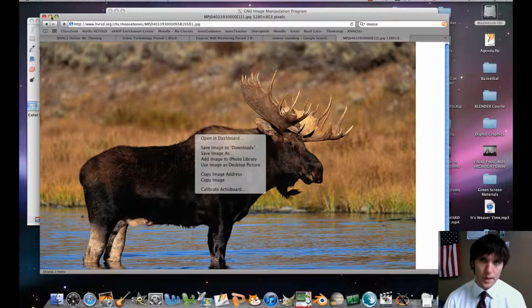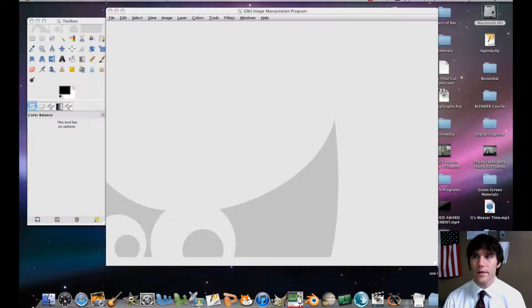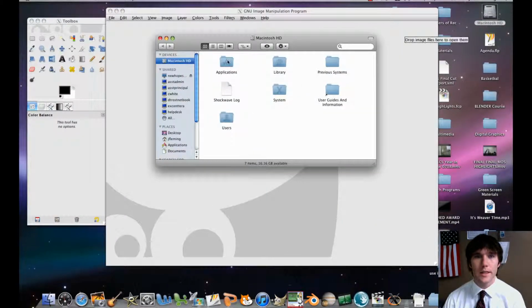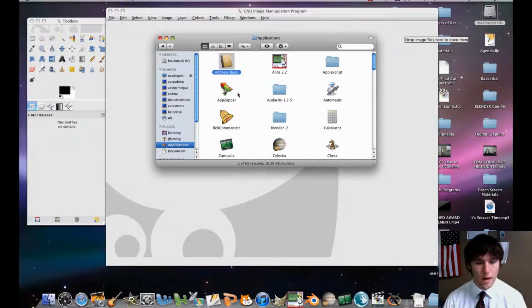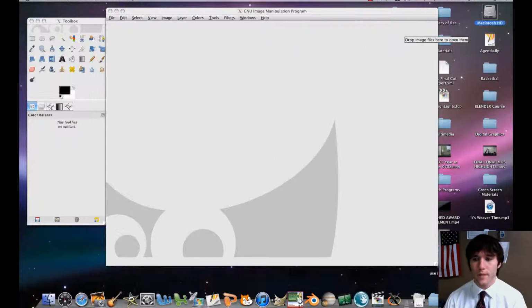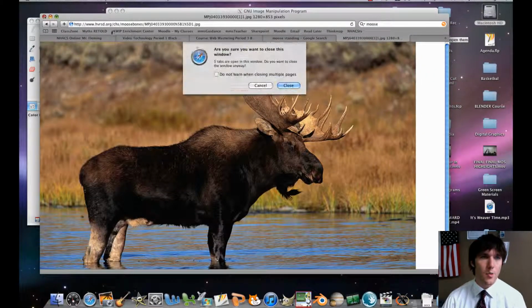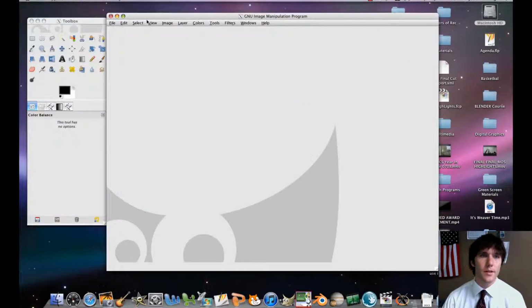From there, please open up Gimp. Gimp is in Macintosh HD, applications, and then just Gimp. Just double click on Gimp. Pretty easy, you're just going to open that up. I'm just going to close Safari here a second. So when you're in Gimp,